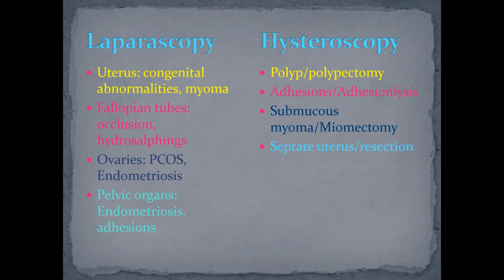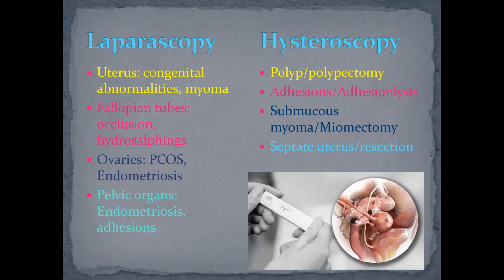That's why it's very important to remove the submucous myoma before planned conception. Septate uterus and resection of the septum. Usually we perform hysteroscopy and use a special instrument, the hysteroresectoscope, for these